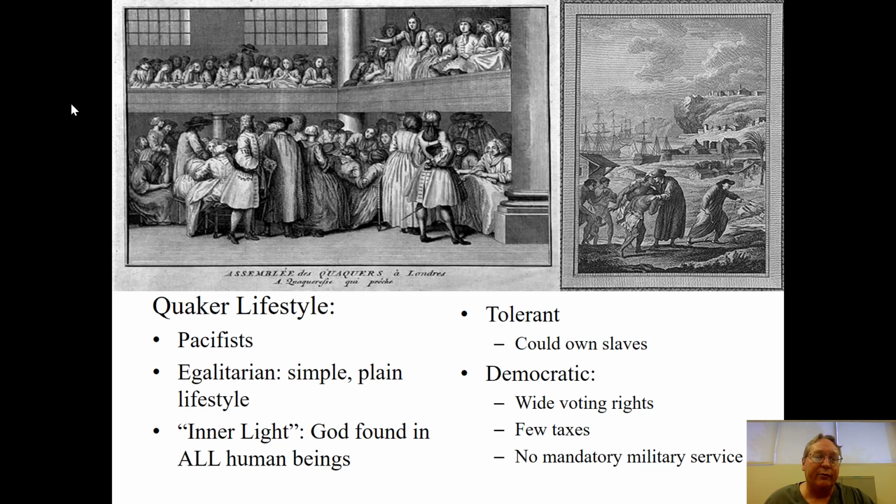Whether you be a native, an enslaved person, or a white English person, you're all God's children, you're all part of the same humanity, and we're all the same. Now, what is interesting, however, is that doesn't mean you can't own people. Quakers will own natives as slaves. Quakers will own Africans as slaves and use them as enslaved labor. So Quakers aren't perfect by any stretch of the imagination,